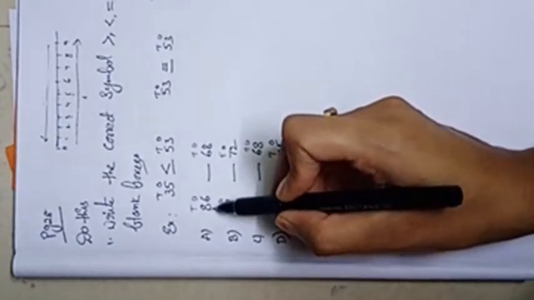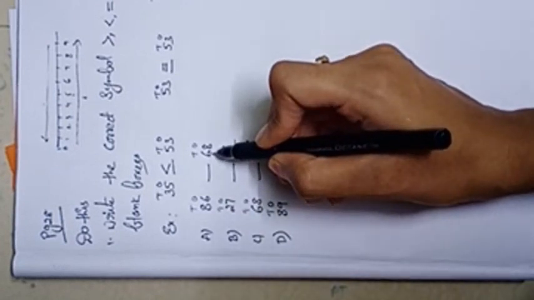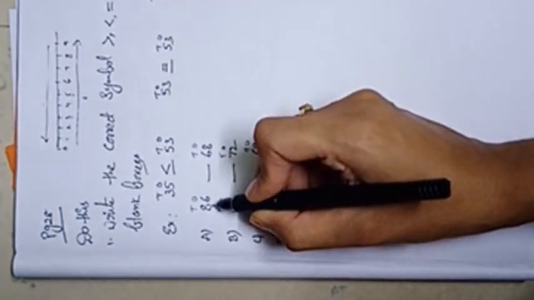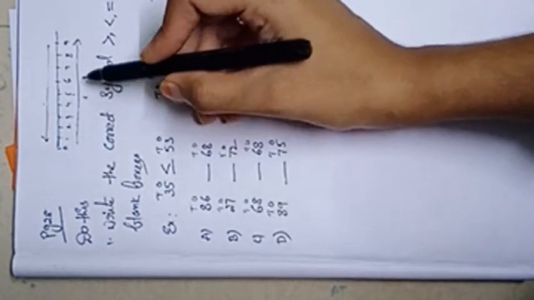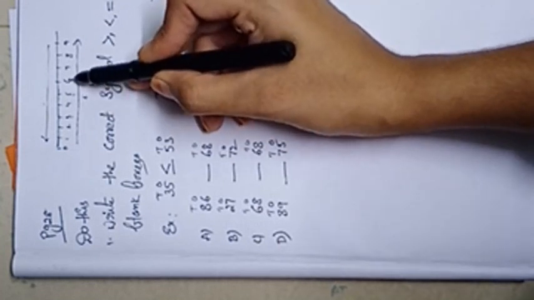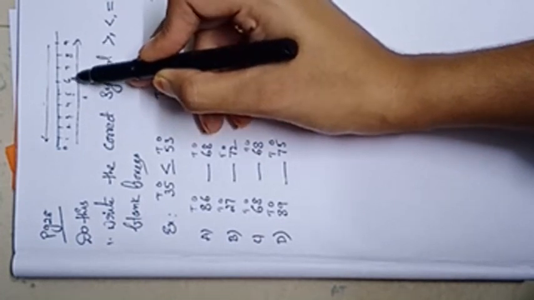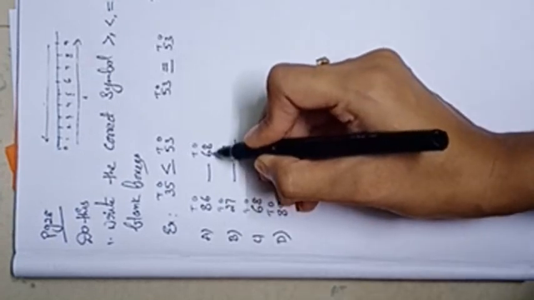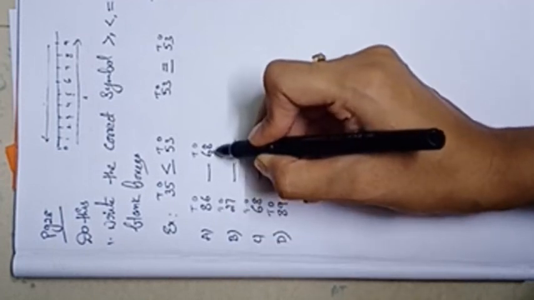Here, in tens place, I have 8 and in tens place here, we have 6. So now tell me, children, is 8 greater than 6 or is 6 greater than 8? Observe this line. See, 6, after 8 we got. So, what you understood? 8 is greater than 6. Understood, children? 8 is bigger than 6.